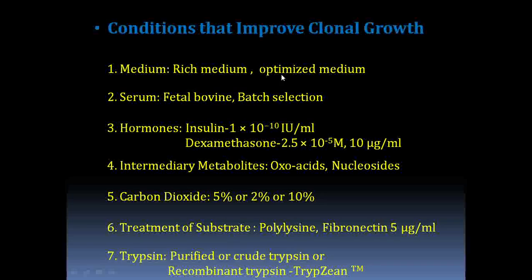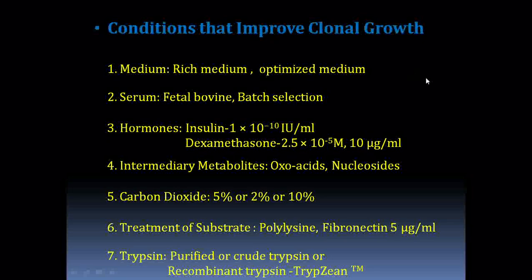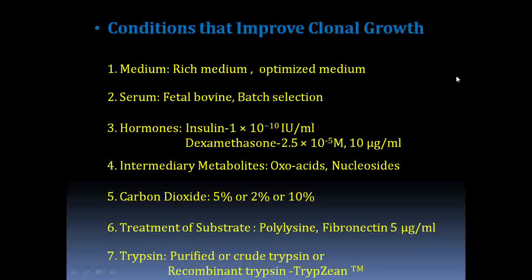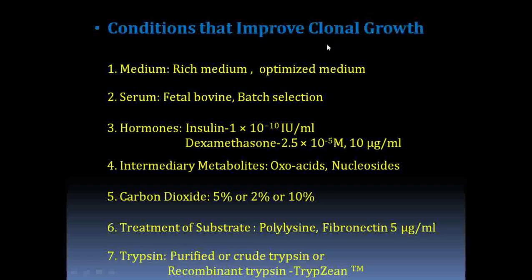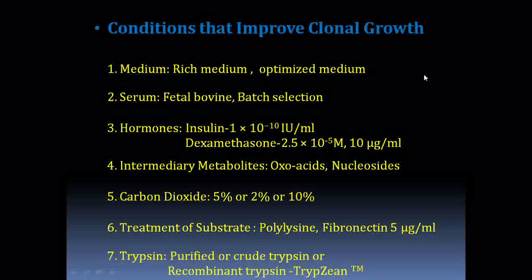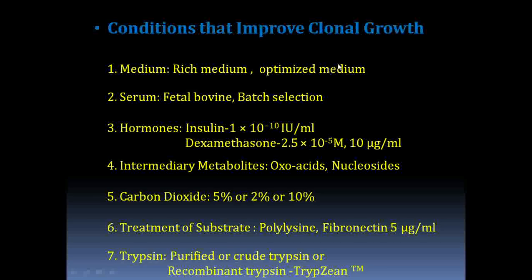Another way I can do this is by optimizing the medium. Suppose I have fibroblast cells or I have myeloma cells, right? These are the different cell types I'll be having. So what I can do is provide different nutrient content to these different cells, so that the one which gives me the best growth with that particular list of ingredients, I can confirm that that particular growth ingredient is suitable for my myeloma or, say, for the fibroblast cells. So likewise I can optimize my medium.